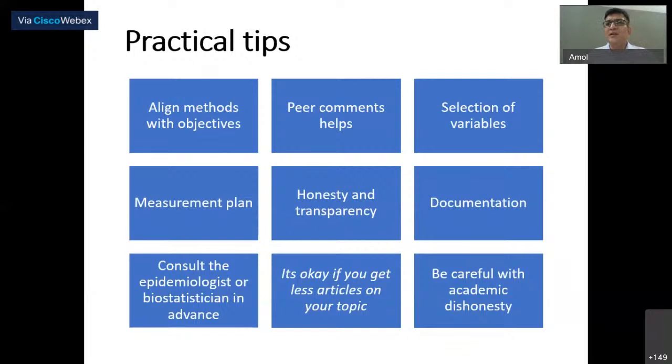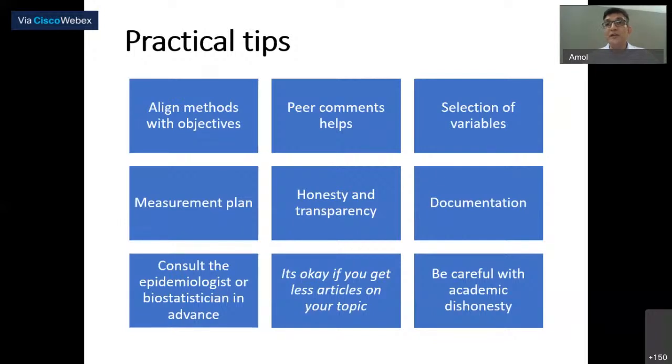It's okay if you get fewer articles on your topic. Rather, that's good news. When I did my MD thesis, I just got 1 or 2 articles on it. And my colleagues used to say, oh, they got 20 or 30 articles. And I used to feel jealous of them, that they will get plenty of things to write in the review of literature and I will not get anything to write in that. So in fact, if you get fewer articles, it's a sign that you are studying something which is not